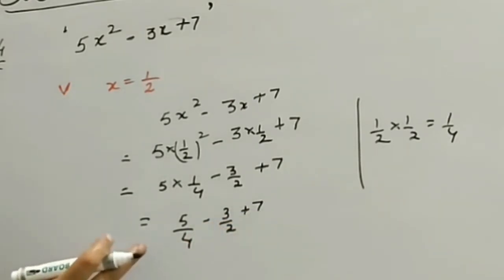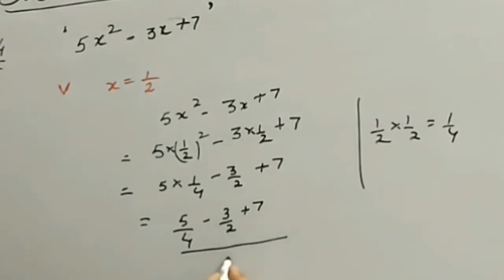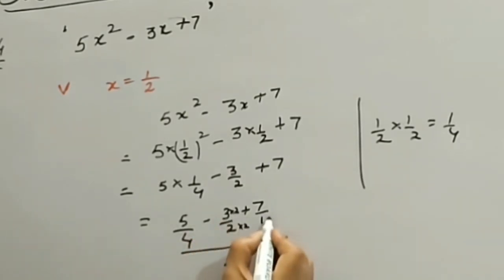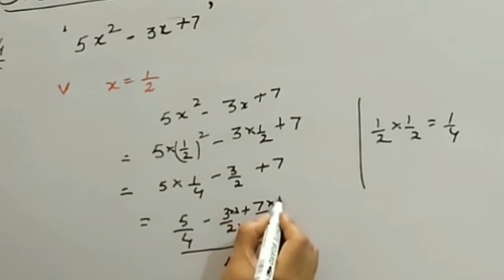You can see this is a simplification question of fractions. You can easily simplify by converting them into like fractions. Their LCM is 4. So 7 as a fraction is 7 by 1. 4 is already equal to the LCM. 2 into 2 is 4. Same number multiply up. 1 into 4 is 4. Same number you multiply up.